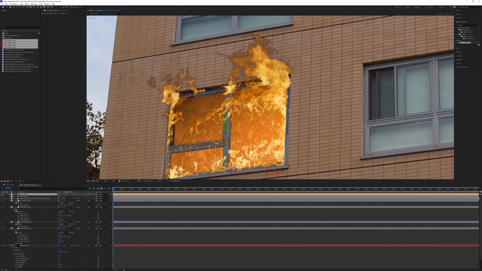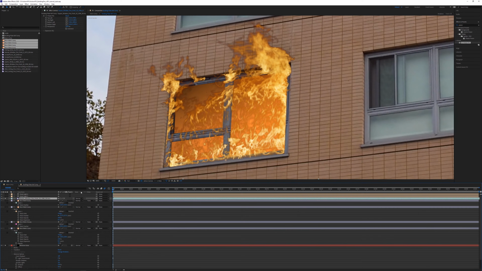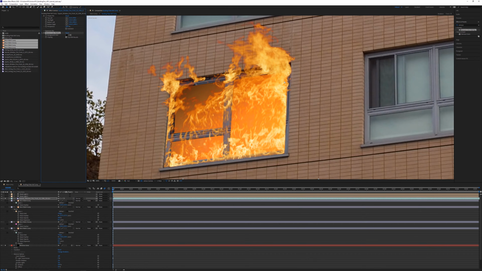All right, so the next thing is let's try to make this flame look a little bit better, because right now we've got some really dark edges and then it kind of looks a little bit greenish. So let's go to that layer. And the first thing that we can do is remove color matting. What color matting is, is that kind of dark edge around it. We can turn that off, and then immediately the flame is going to be a lot brighter. Then we can grab a curves effect, change the channel to green, pull this out. It's going to make that look a lot more reddish.